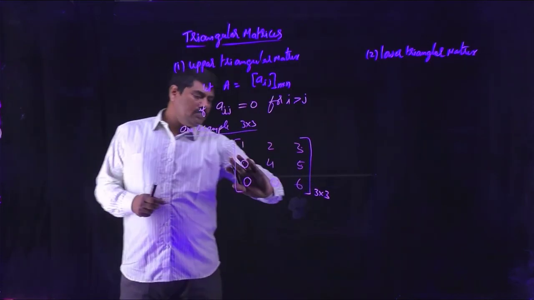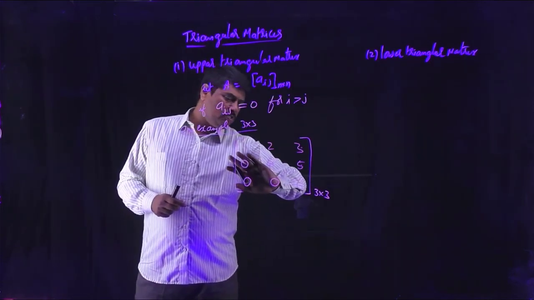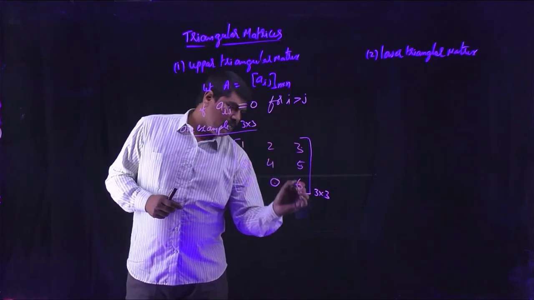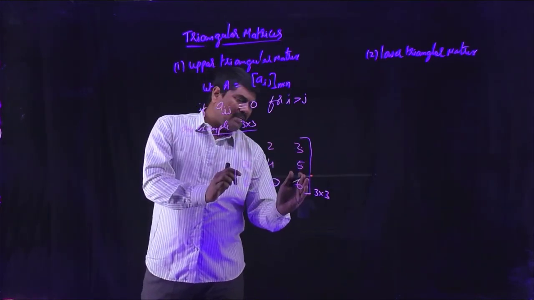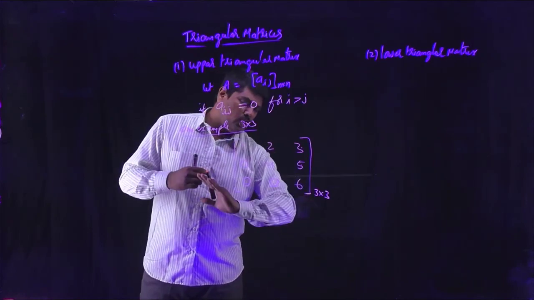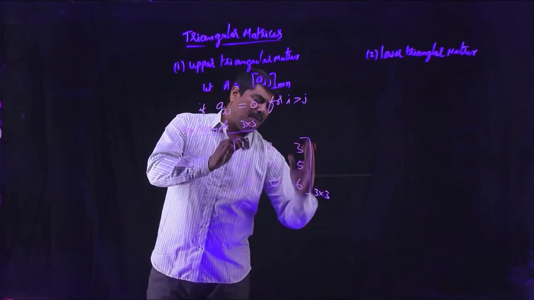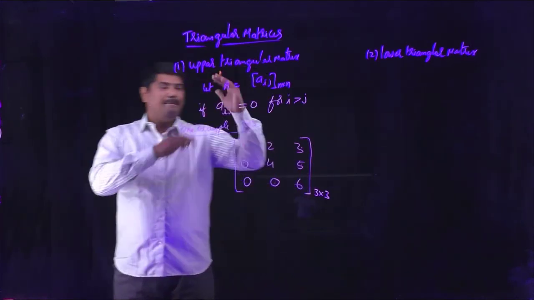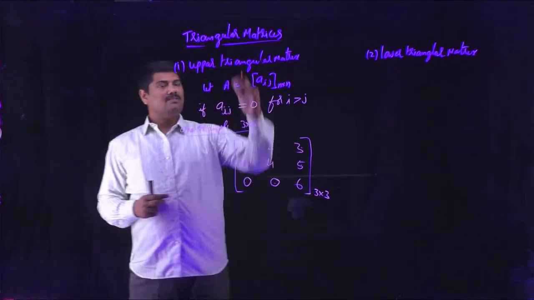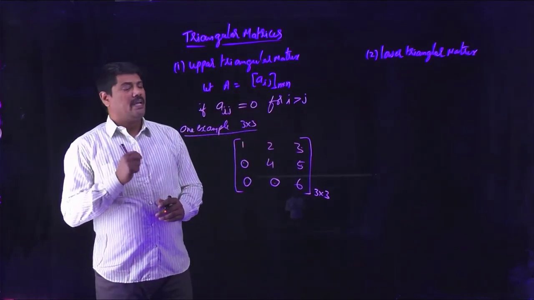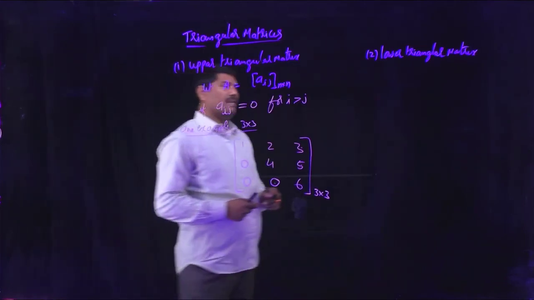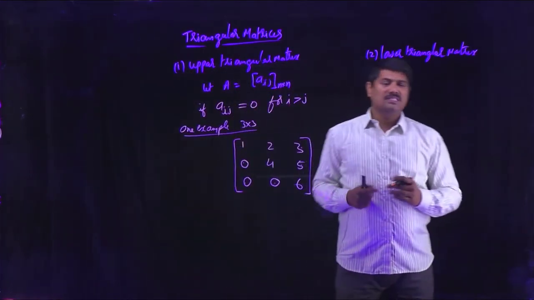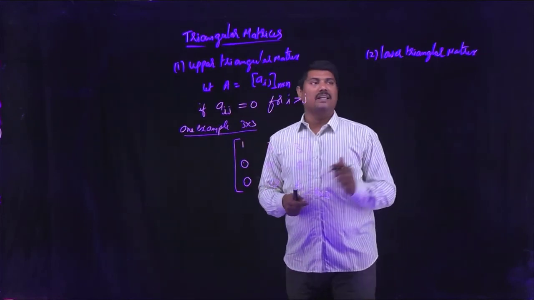So by closing these zeros, you can observe this is a triangle, and in this matrix by eliminating the 0 values you can obtain one triangle which is the upper side of the matrix. That's why this is said to be an upper triangular matrix. So this is the example of an upper triangular matrix. Similarly, you can define what is a lower triangular matrix.